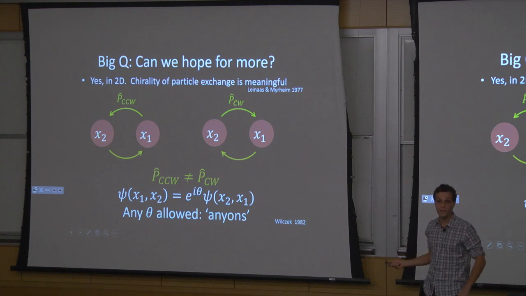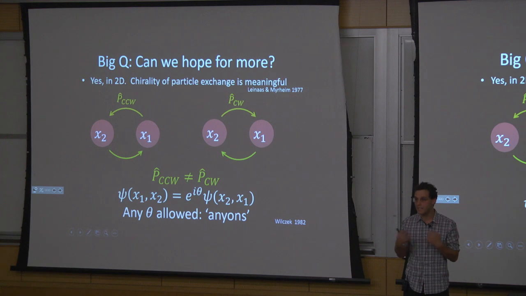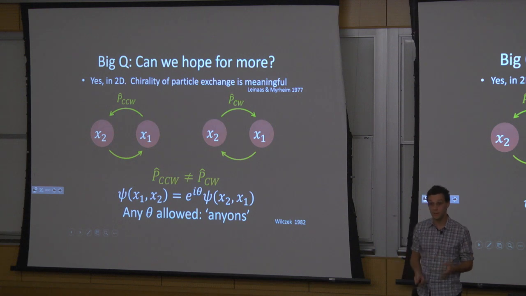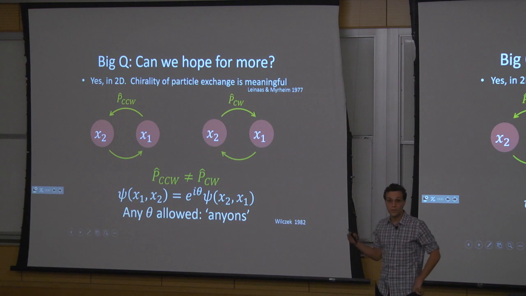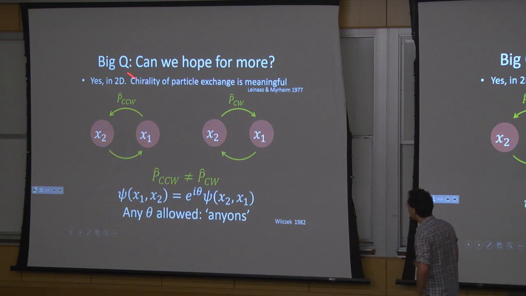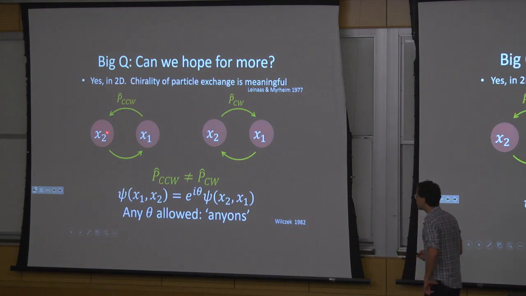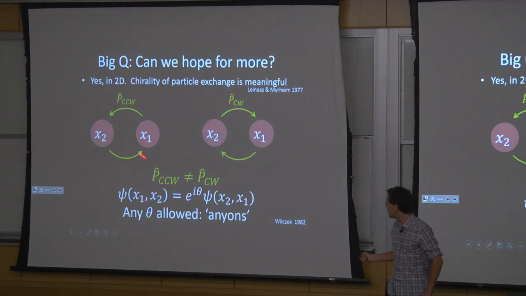Of course, you can't make new elementary particles, but in condensed matter, it's very normal for us to think about what the elementary excitations of a system are, what the minimum energy quanta are that one can inject into a system. And if you have a 2-dimensional system, nothing prevents you from obeying only the laws of 2-dimensional physics and not 3-dimensional physics. And in particular, in 2 dimensions, you can get something more than bosons and fermions, because the notion